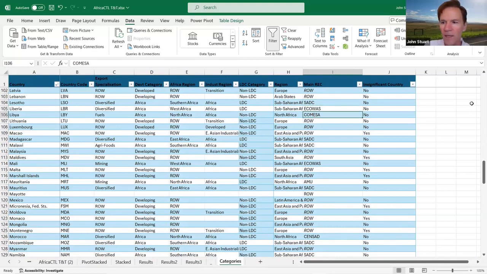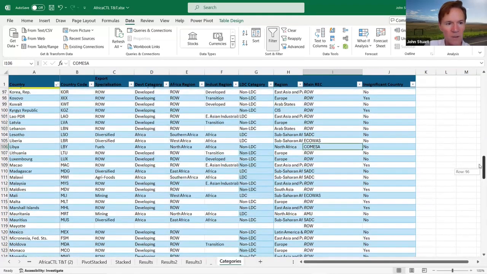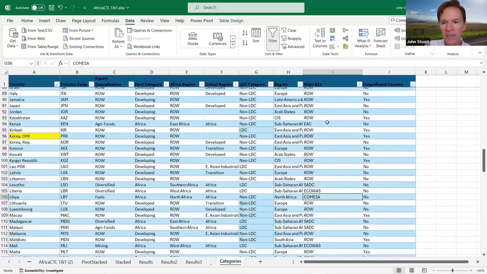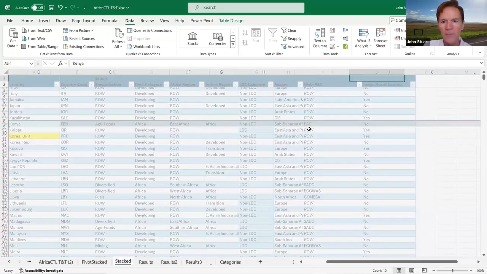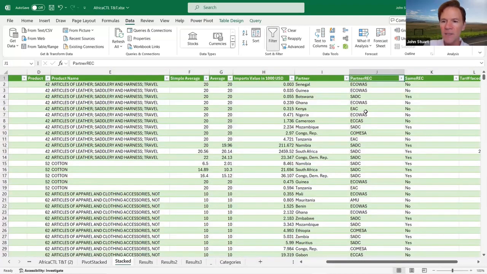So if we go to Kenya, Kenya is a member of how many? 4 RECs. But its main REC is the EAC. So there's Kenya. I'm going to highlight it. Kenya's main REC is the EAC. And that helps me to just keep things manageable. Let me just move this out of the way. Okay. All right. I just used a mapping to map Kenya, here it is, to the EAC, and these are all the partner